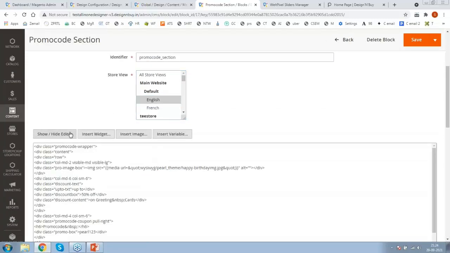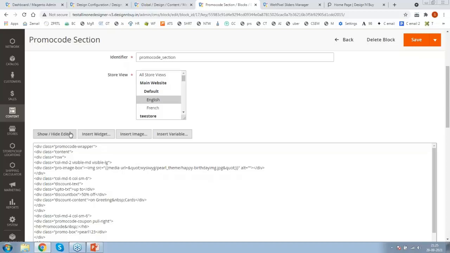Here, this is full HTML editor. This is full HTML editor where you can insert your widget, maybe image, insert variable as well. So if you want specific variable to be called, even you can insert variable. If you want to insert widgets, even you can insert your widget.